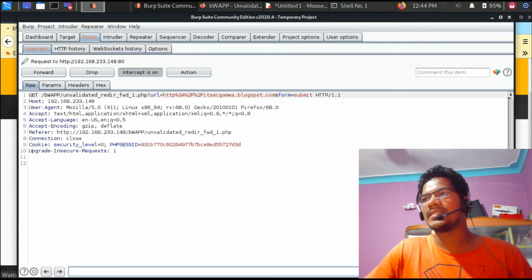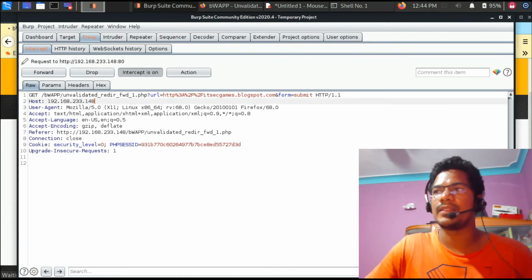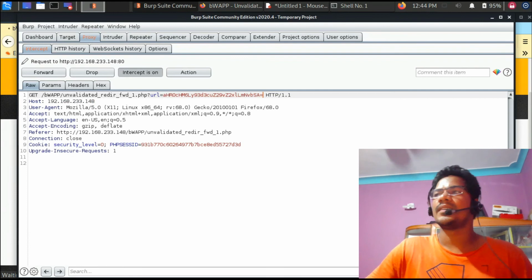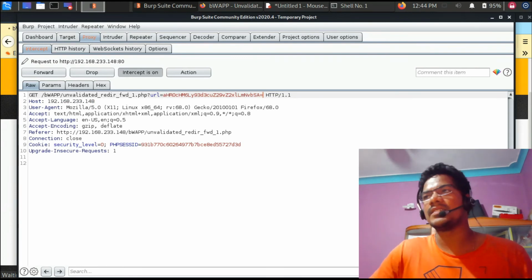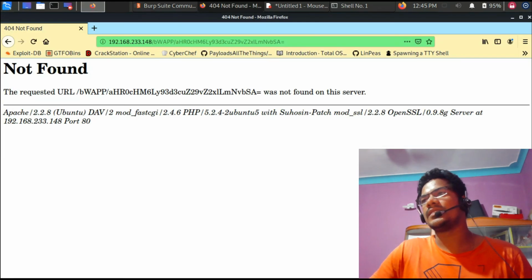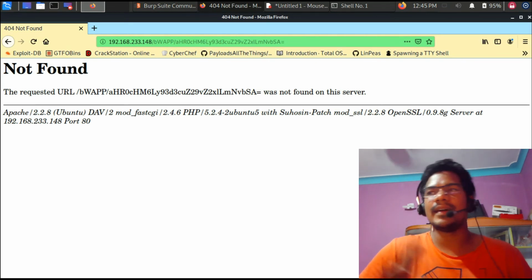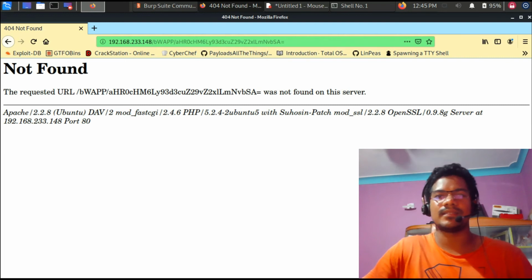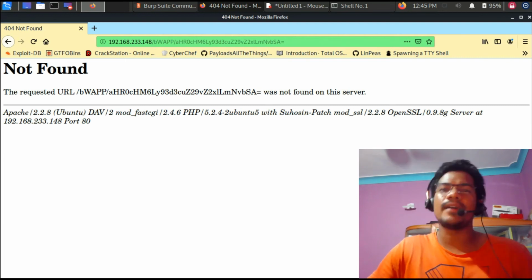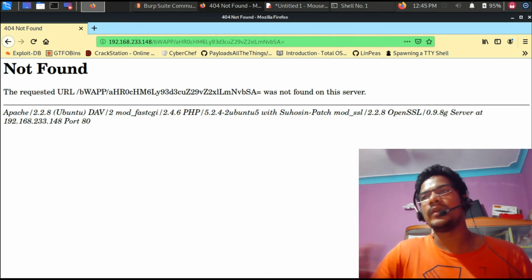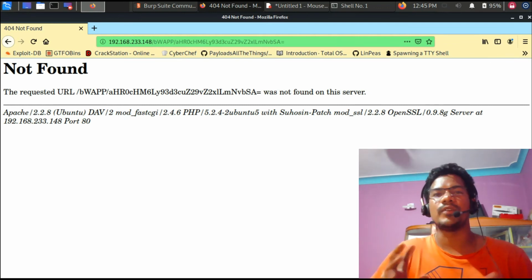Again, it might succeed, it might not, but you need to understand the methodology rather than the payload, right? That is more important. Now over here I have simply replaced it with a base64 encoded value and see whether the URL redirects or not. Over here it is not converting. So yeah, you might have some failure cases, you might have some successful cases. So you need to try all these variations to reach a successful way to bypass the URL redirection.